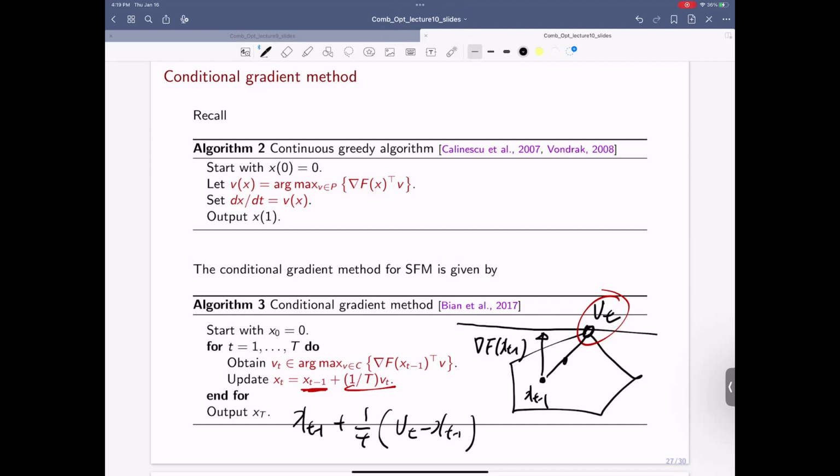Right. That's a good question. So if you imagine the polymatroid, when C is given by a polymatroid or extended polymatroid, the linear optimization over a polymatroid can be done by a greedy algorithm. We talked about that, right? Depending on the situation,